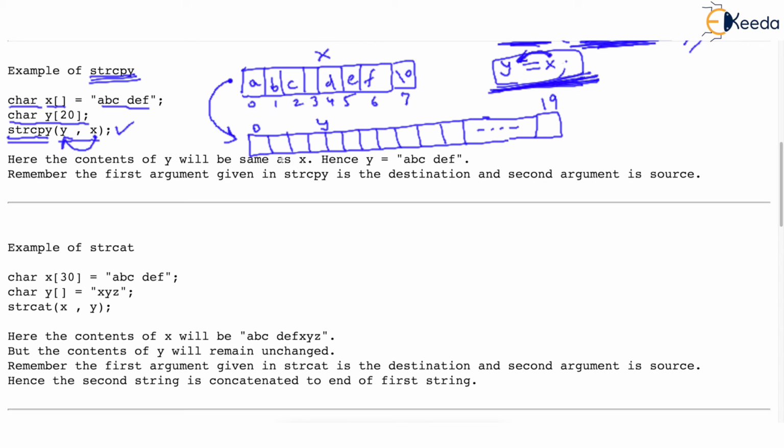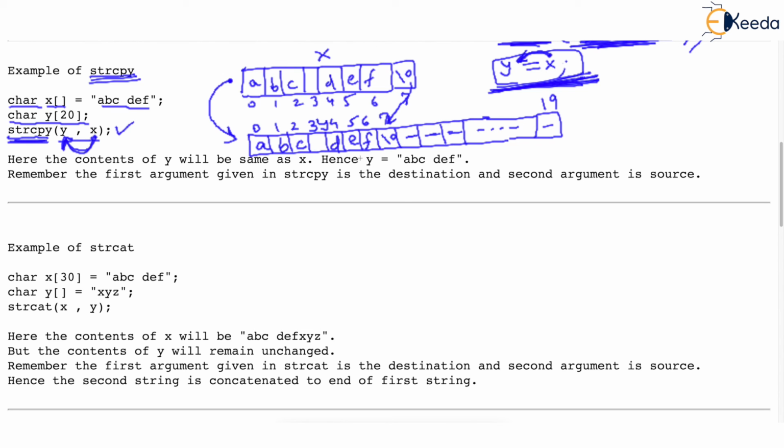So by this function, what will happen is y will literally become equal to a, b, c, space, d, e, f, and then backslash 0. Check the locations 0 to 7 are now filled. 7th location is exactly backslash 0, and rest of the locations of course are not used here, so they may store some garbage values. Okay, so simple. This is the way how you copy one character array. Let me again repeat. One character array can be copied in another character array. This function is only for copying the character array.